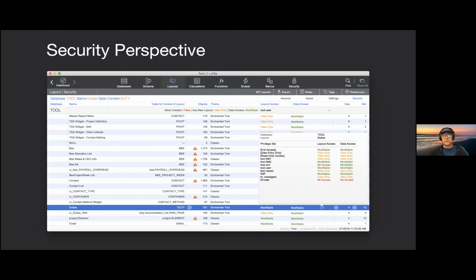Security perspective, again, how many times have you been in a security dialogue and you want to see, from the perspective of another privilege set, a specific layout or script or field or table or value list, and see whether or not that is accessible or not accessible. This gives it to you in one click of a button so that you don't have to do all that hunting and pecking. So really, really handy when you're trying to understand the perspective of security from different privilege sets